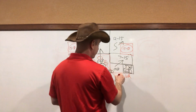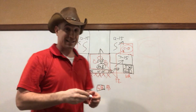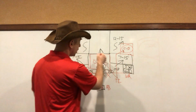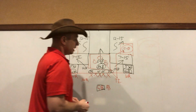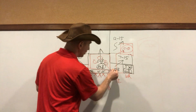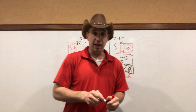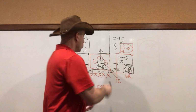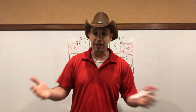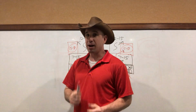Now, if you have a very fast tight end, can he get there? He can, but that's extremely rare. More than likely, what you're going to see is a tight end trying to sit in the middle of the field, and then that's where you have a little bit of a chess match. You have either the outside linebacker or the corner play aggressive man coverage and try not to allow them through, or you even try to get more creative and try a bracket. And I could go into all these details more or less, but bottom line,